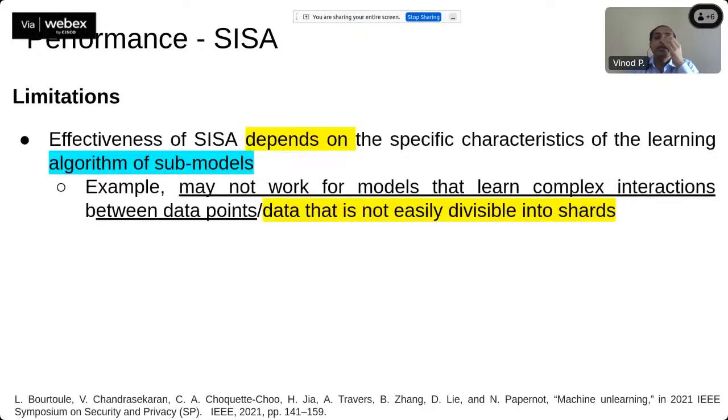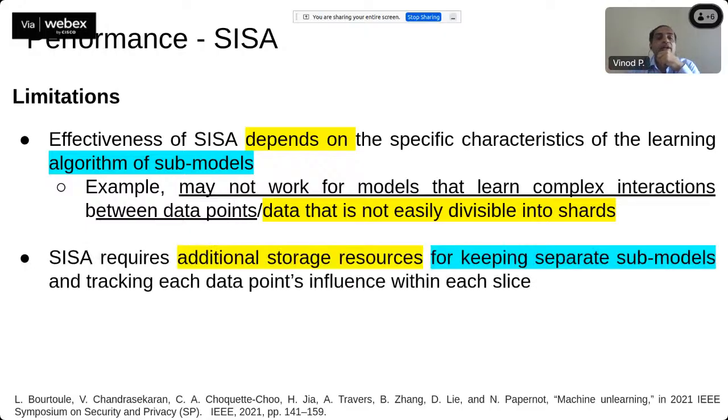The main limitation is like if you talk about the neural network architecture where there are multiple neurons, the information of one neuron is also taken into consideration by other neurons in the subsequent layer. So in isolation, you are not allowing the next model to transfer its knowledge to the previous model or to other models. In that case, the models are not learning complex patterns. So that is another problem.